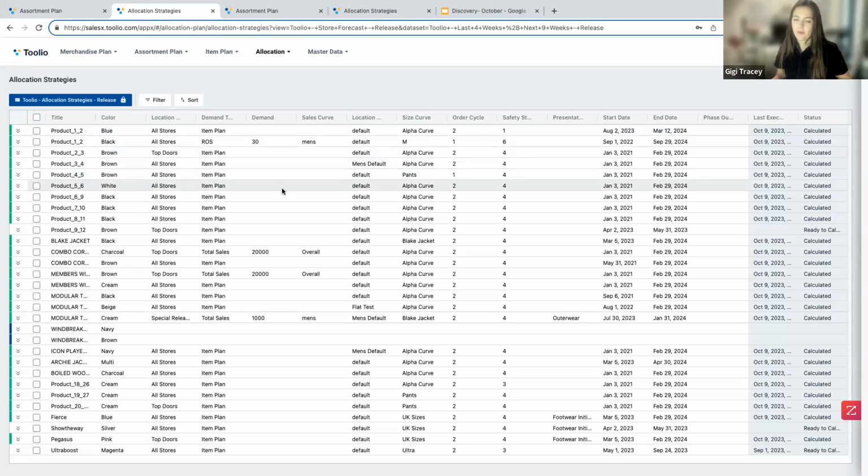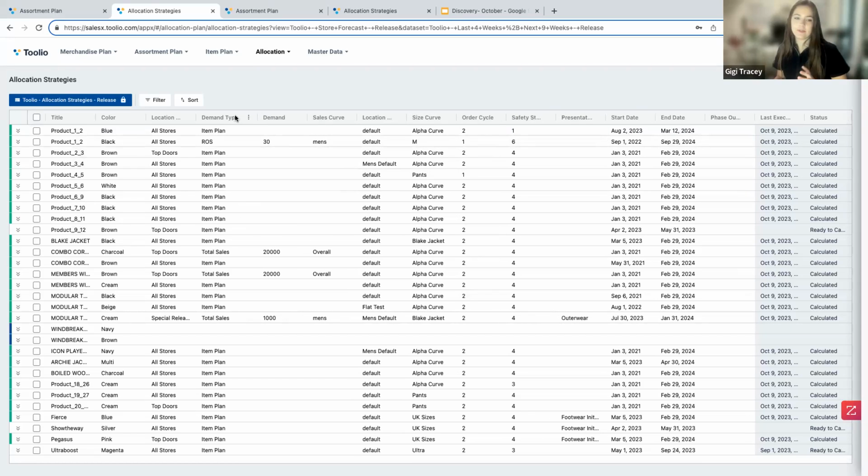That right time component starts to come in with those start and end dates. So the allocations will ensure that the products are only selling within that window. So you can start to say, when do you want this on the floor? When do you want it to sell through? When will it be removed from the floor? But I know that that right amount piece is always the hardest. So that's where these demand types come in, ensuring which amount of the product do you need in the stores